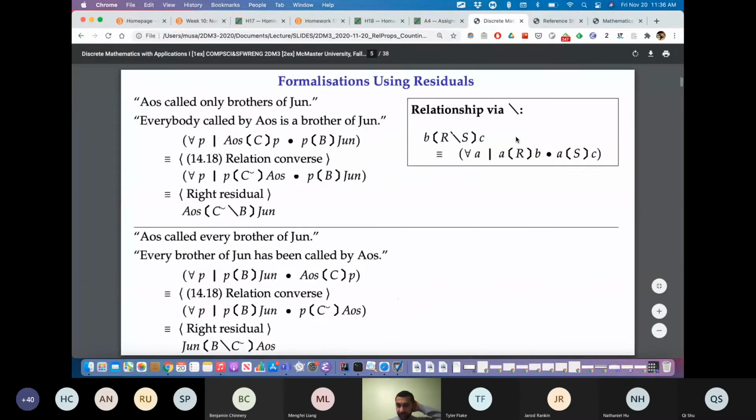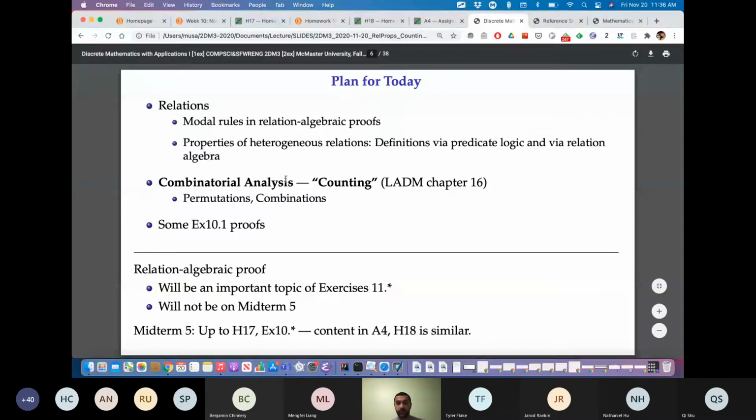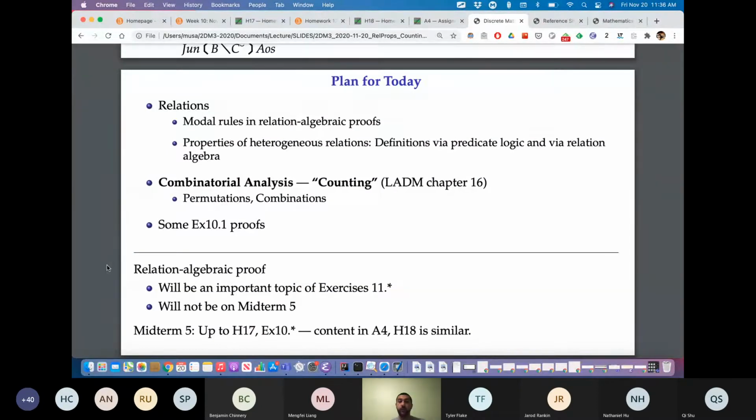So let me just point that out. So here's what we're doing for the upcoming midterm. Today we're going to talk about relation algebraic proofs, which is homework 18 and assignment 4. All right. And it's going to be useful going to the exam and to help you with assignment 4, but